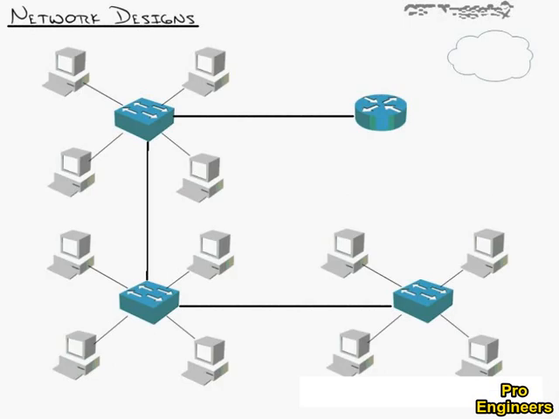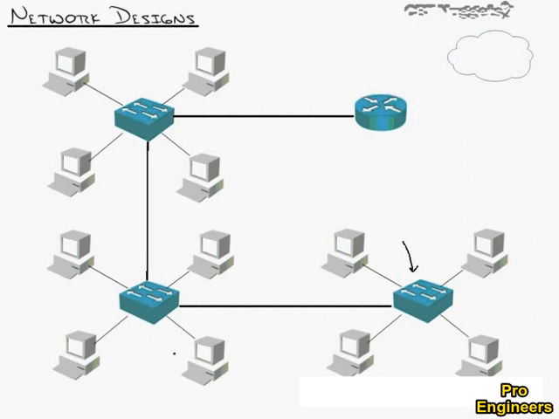But our networks don't look like lines with little circles plugged in. They look like this. We've got PCs and switches and routers and internets. And if you saw this diagram, what kind of topology would you identify this as? Well, you might look at it and go, it's a star, because we've got the PCs plugged into the switch in a star formation, and that's connected to another switch with the star formation.